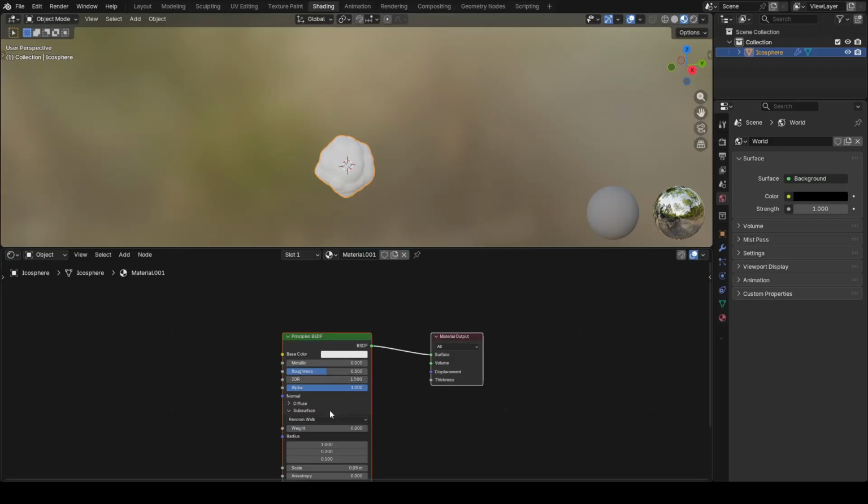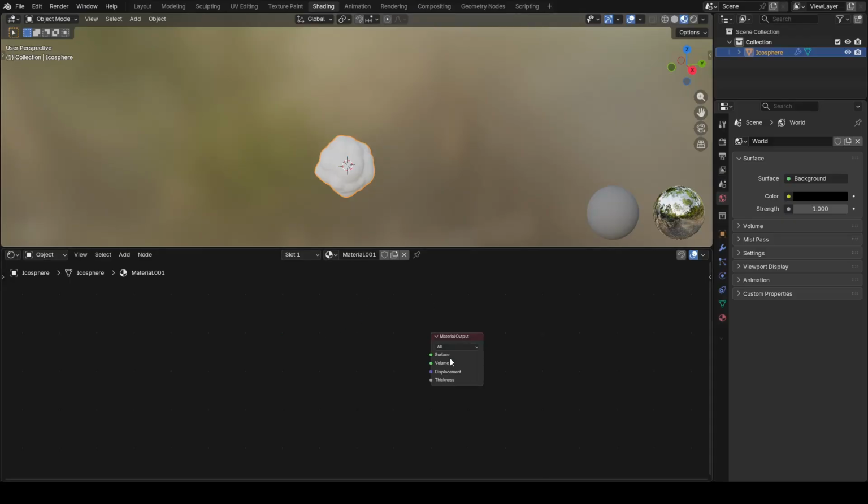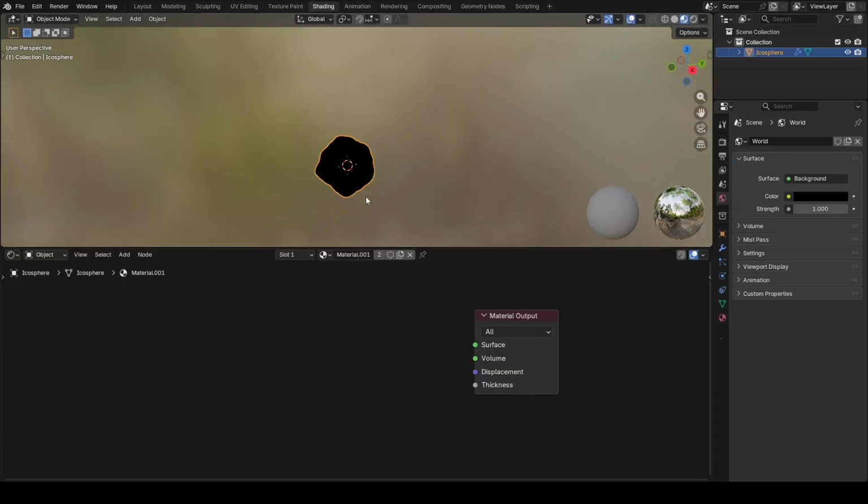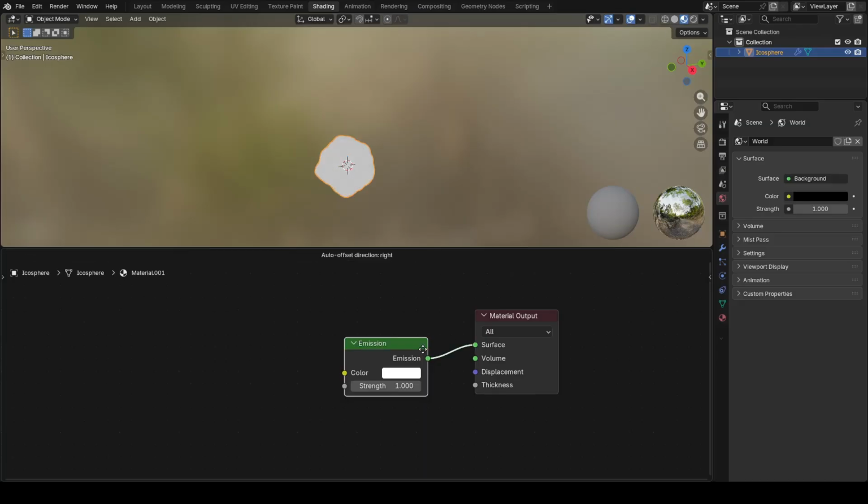So first of all, I'll get rid of principal BSDF, and here in the set material node I'll select the right material or texture. Okay, coming back, now I'll use emission node. You can change the strength of this emission node,